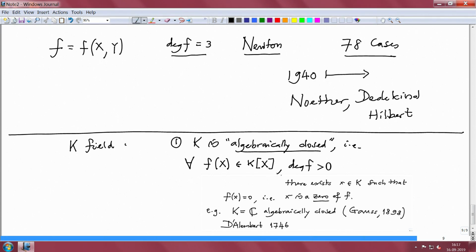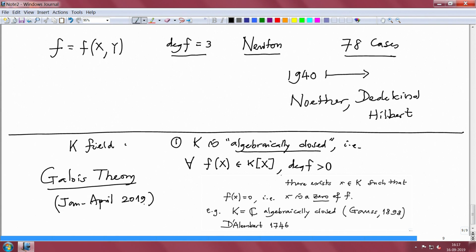I do not know whether I will prove this fact in this course, but certainly if you see my course on Galois theory, in January to April this year on NPTEL,